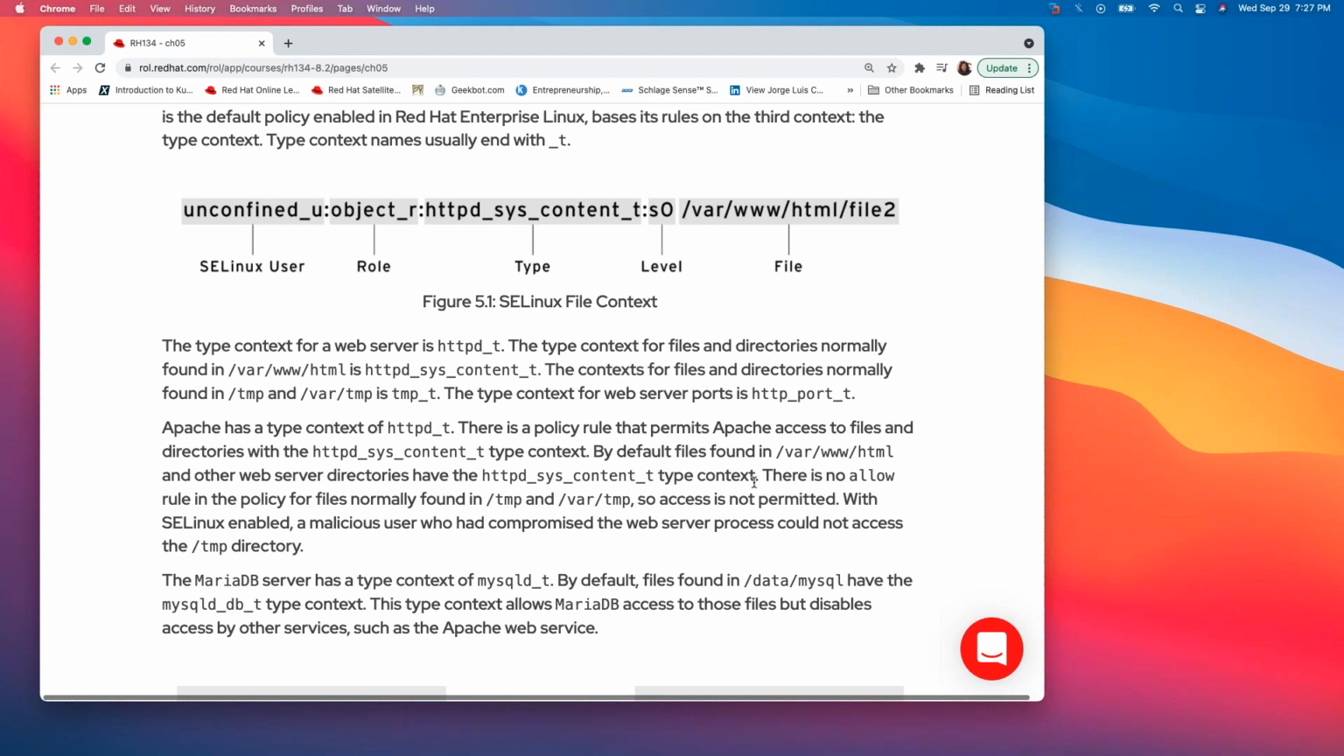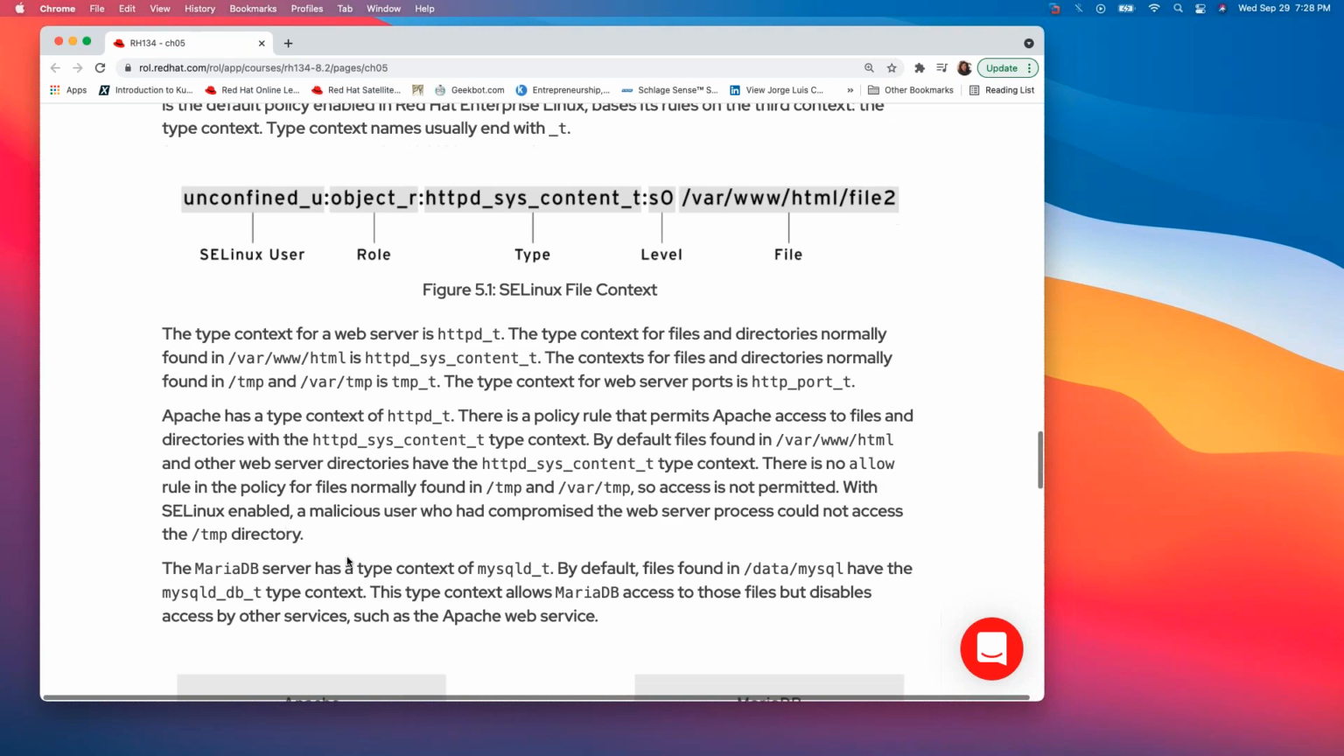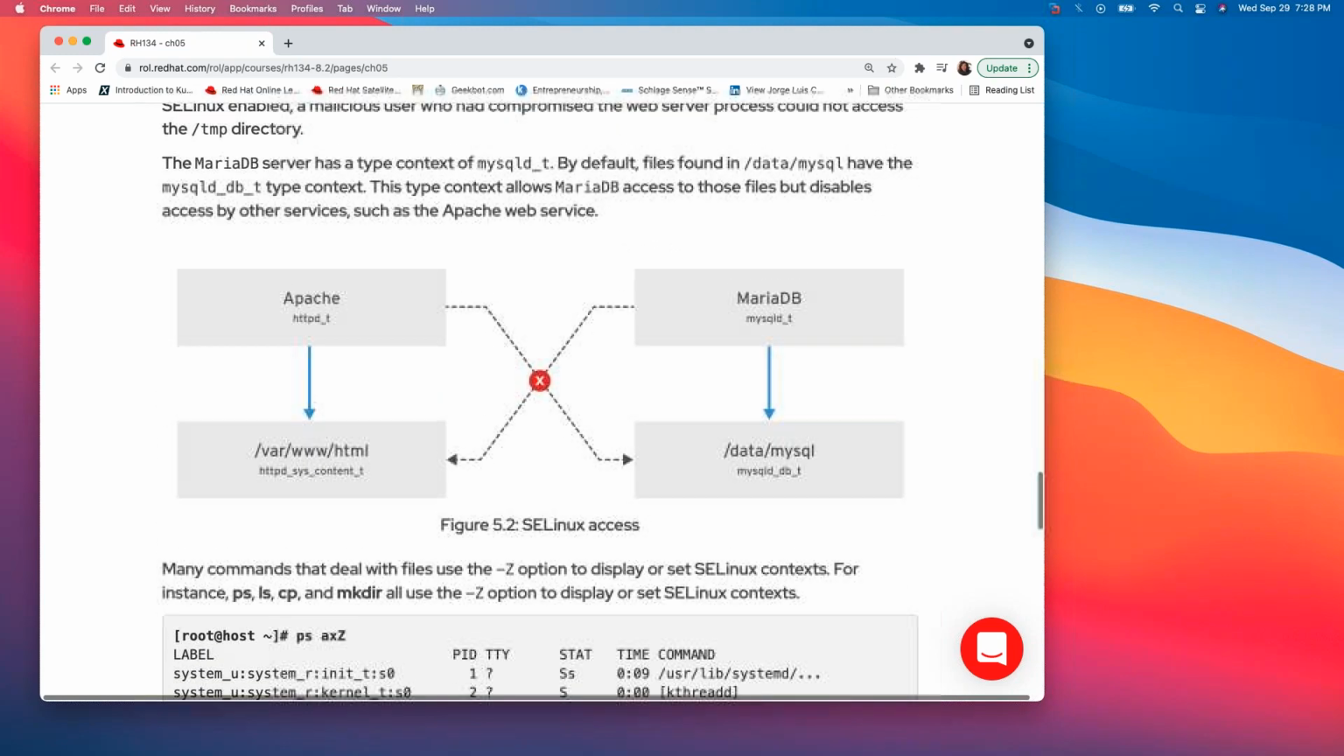There is no allow rule in this policy for files normally found in /tmp and /var/tmp, so access is not permitted. With SELinux enabled, a malicious user who had compromised the web server process could not access the /tmp directory. And so they go on to show you different contexts, like Apache,